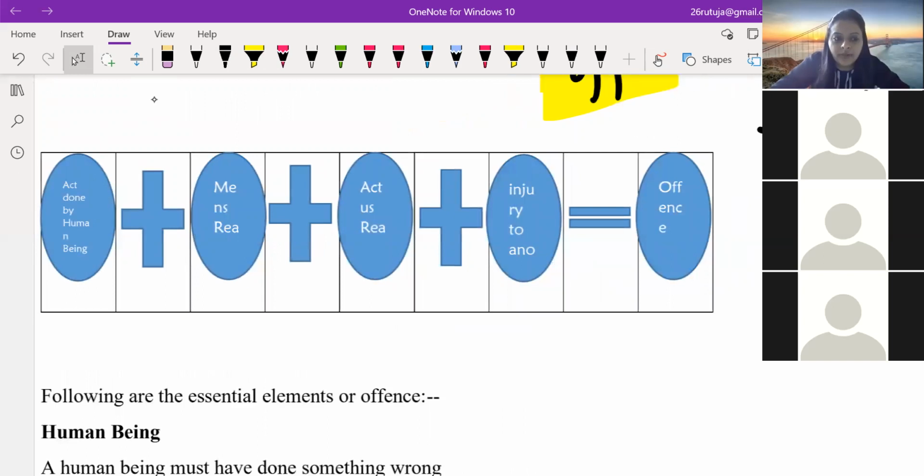क्या मिलते हैं? First point कहता है act done by human being. Act done by human being. Okay. When you travel, you must have observed. Travel वगैरह करते हो तो if you come across a घाट like region, चाहे आप खुद की कार से जा रहे हो या ट्रेन से, जैसे आपको घाट दिखता है, you start seeing certain monkeys. Okay, if you're fortunate, you will see lot of monkeys.